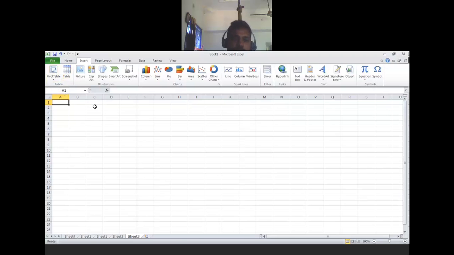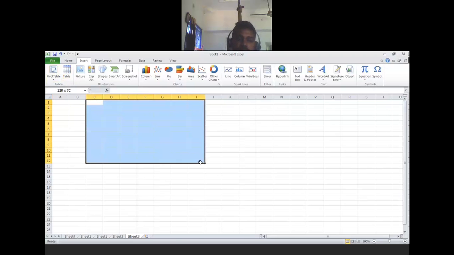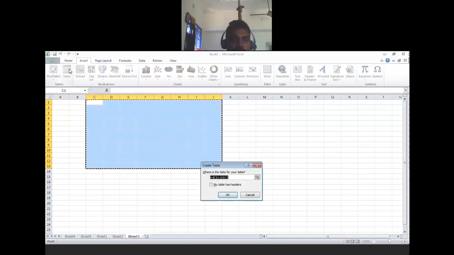Next is the table. If you want to insert a table, highlight where you want to insert it, then click Insert, Table. My table has headers, so definitely we have the heading. Look, it will come automatically.